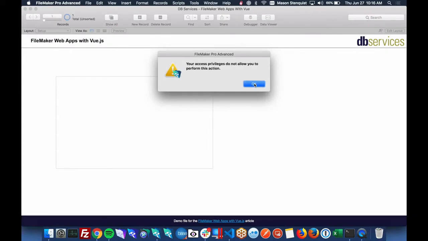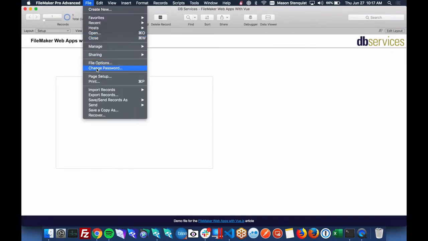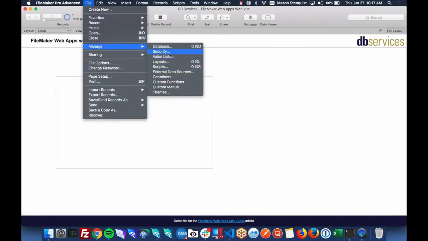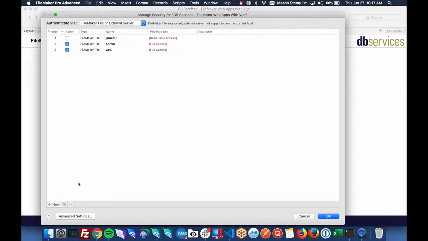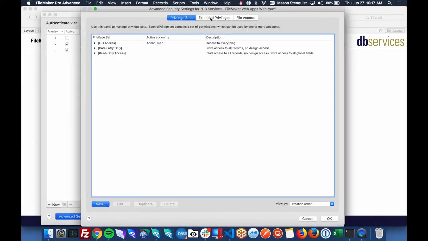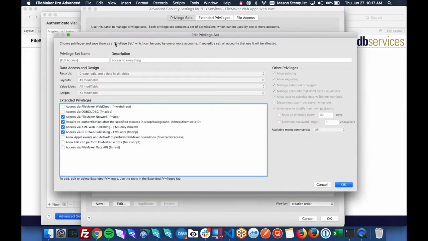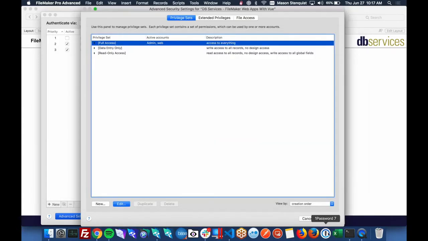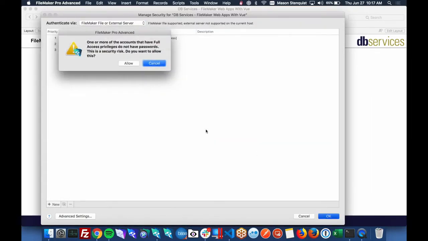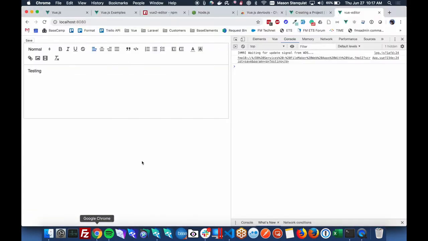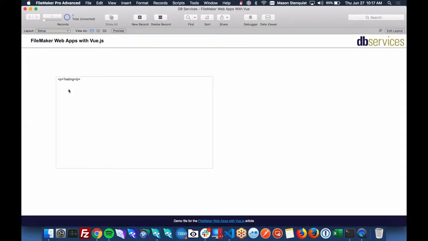Okay, this is a good thing to know. You do have to enable access privileges so that you can perform this action. So you go File, Manage Security, and we go to Advanced Settings, and we'll just do it for full access. We need to allow URLs to perform FileMaker scripts. And we'll allow that. Try this one more time. There we go. So now we have a JavaScript app where we can save data into FileMaker,